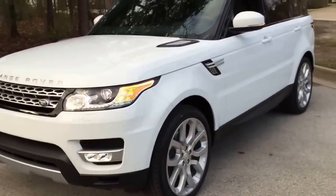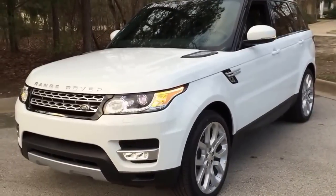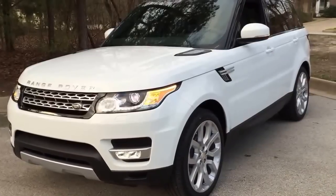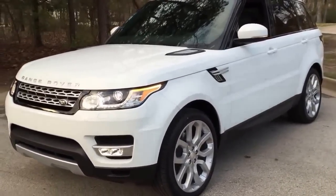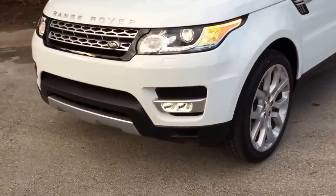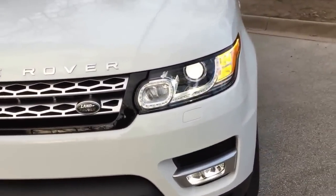So anyways, taking a look, like I said, it's finished in Fuji white, which is just white. There's no pearl in it at all. So that's a little different from what we're used to, but what really sold us on this one was the Santorini black top. So coming around to the front, you can see you do have bi-xenon HID headlamps, LED turn